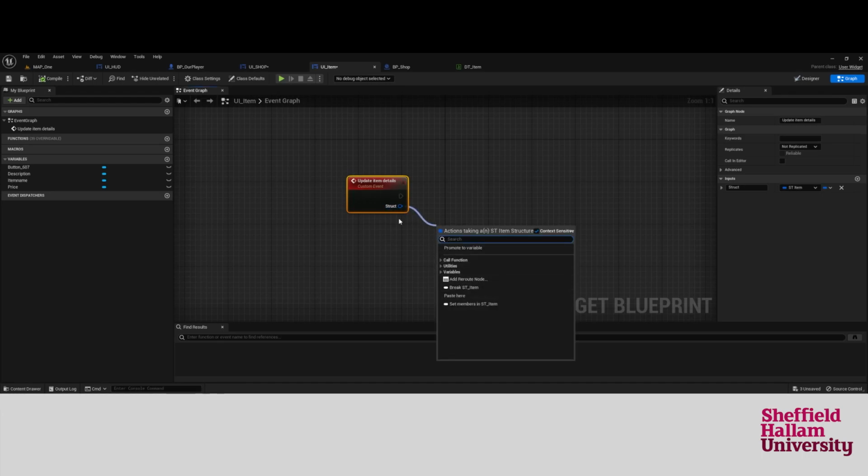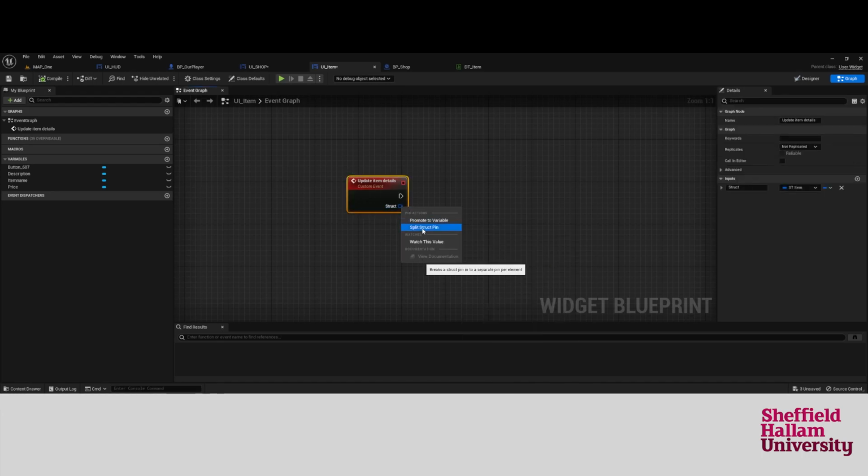If you drag out from here, we should actually be able to right click and split the struct pin, which could make it a little bit easier. So now we've got the struct name, struct description, and struct price. Nice and neat way of doing it. You could have also dragged out and clicked break, but now we can use this information to update the text